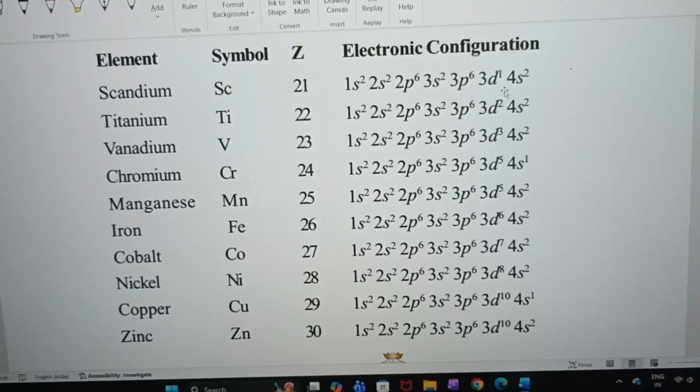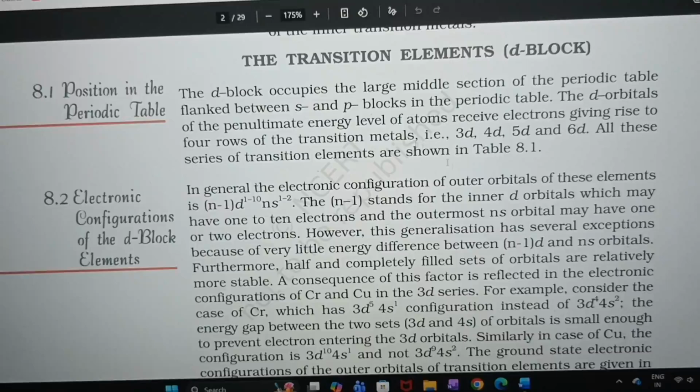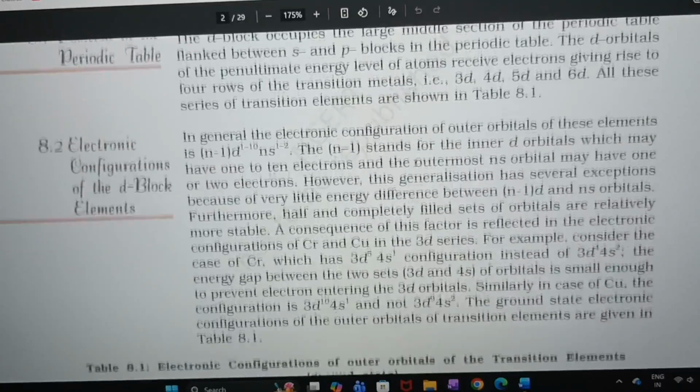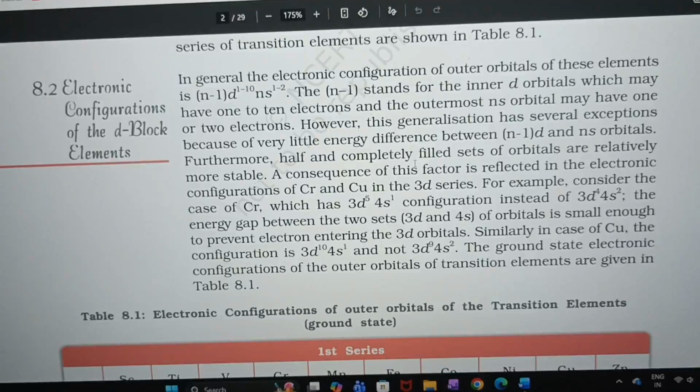The d orbital will be receiving electrons. That is what they are saying. Penultimate meaning this d orbital will be receiving electrons. There are 4 rows, namely 3d, 4d, 5d and 6d. Now if we have to talk about the electronic configuration, there is a general formula given for electronic configuration, that is